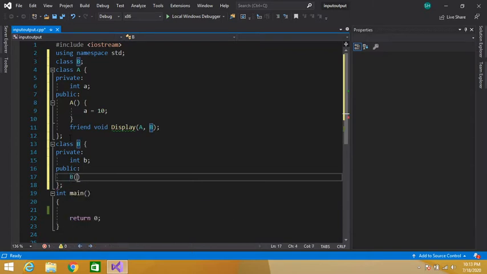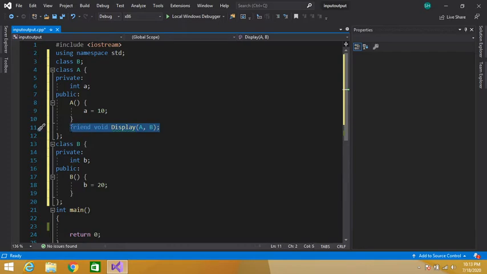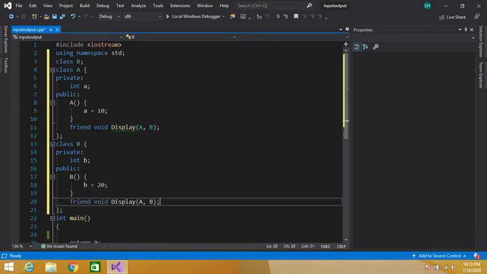What is a constructor? It has the name of the class, and in the body of the constructor we initialize our data member. So in the body of the constructor we will initialize our data member b to 20. Here again we will declare our friend function in our class B.